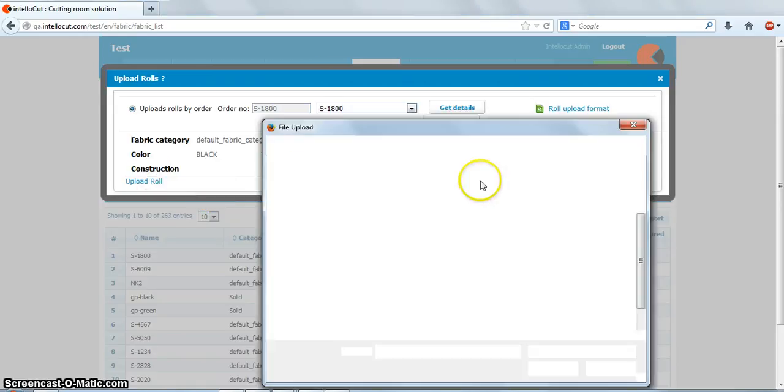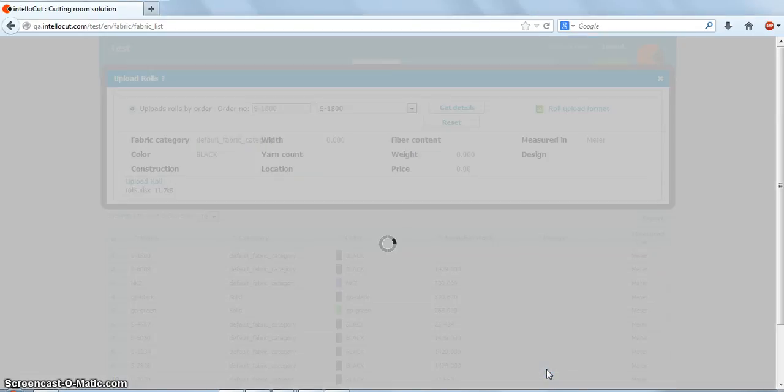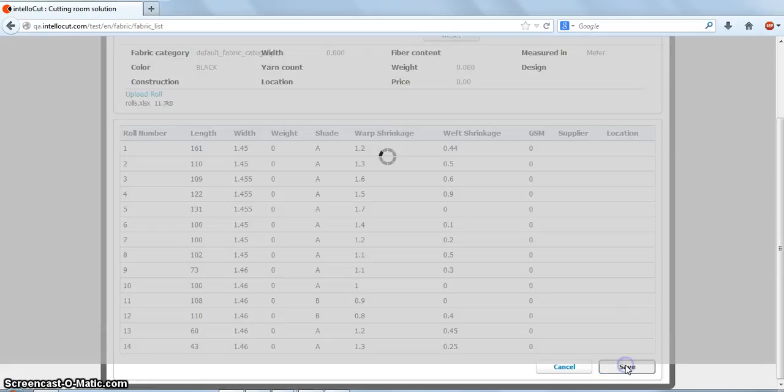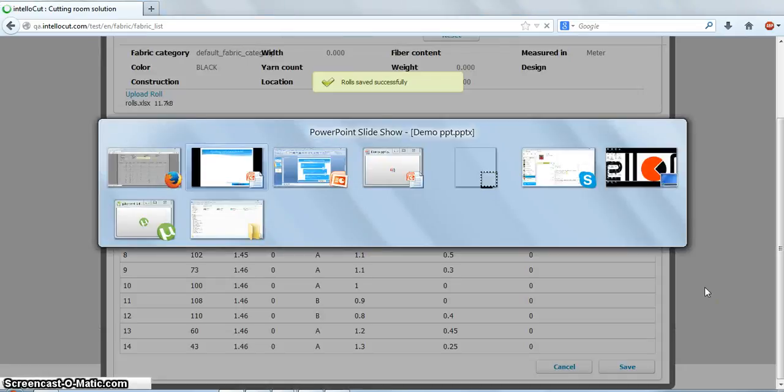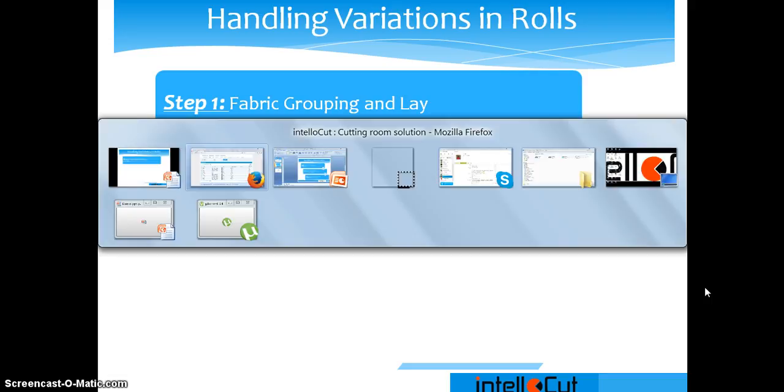We'll select the Excel sheet containing the role information and we can see that the fabric that we have received has come in different widths, different shades and different warp and weft shrinkage. So we'll save this information. And after this, our first step will be to group the fabric and group the lay. So we'll go back to the software